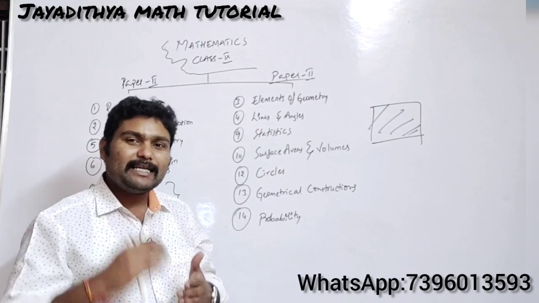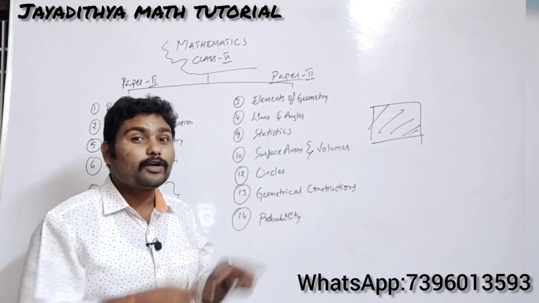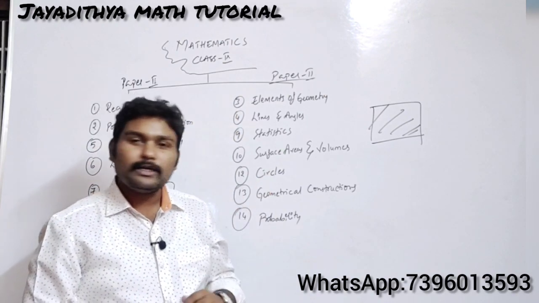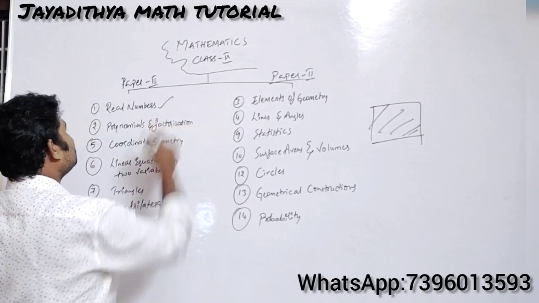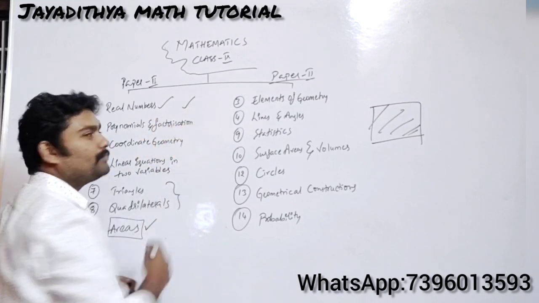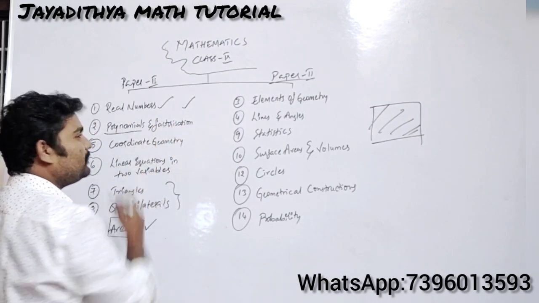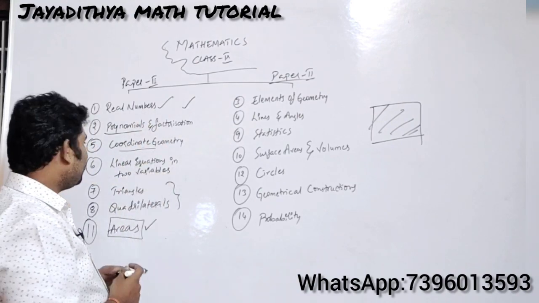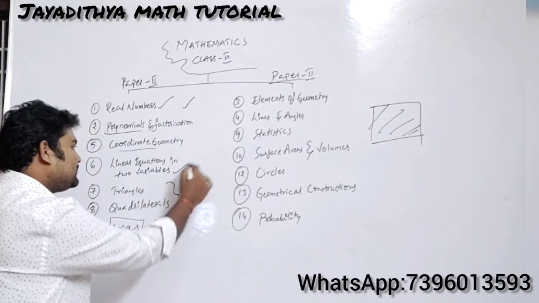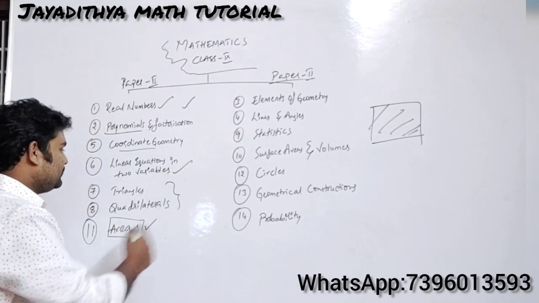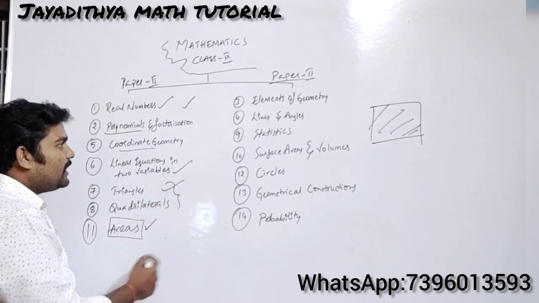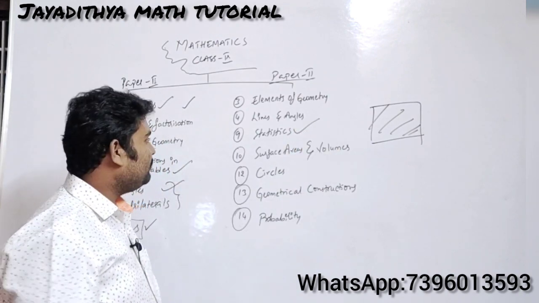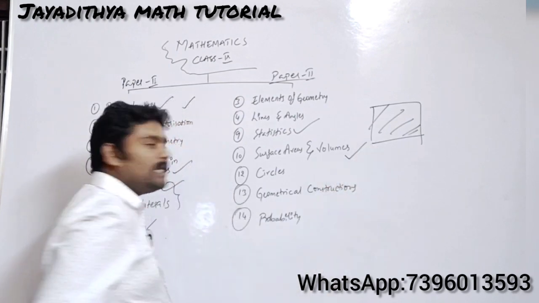So whenever you are starting your preparation in your 9th standard, you should not focus only on the 9th standard, you should focus on the 10th standard. Each and every chapter is related to the 10th. For example, you have real numbers in your 9th standard, you also have them in 10th. You have polynomials here, you have polynomials in 10th. You have coordinate geometry here, and coordinate geometry in 10th also. This chapter is also there in your 10th. Triangles is also there. And the most important one is statistics. There it plays a very, very important role.